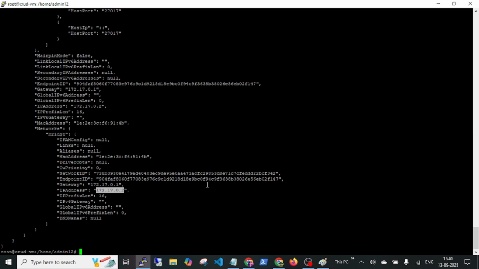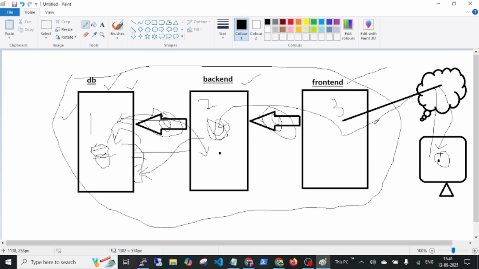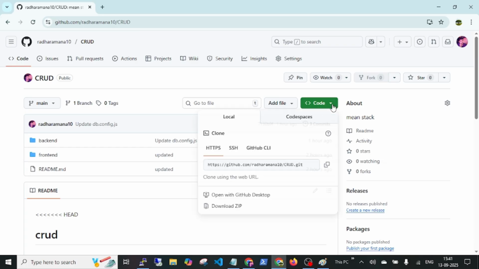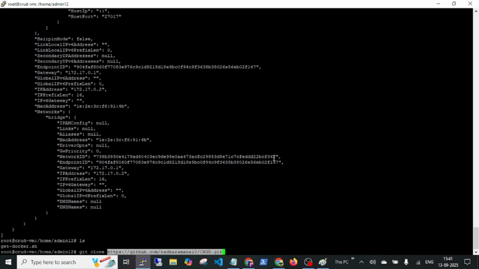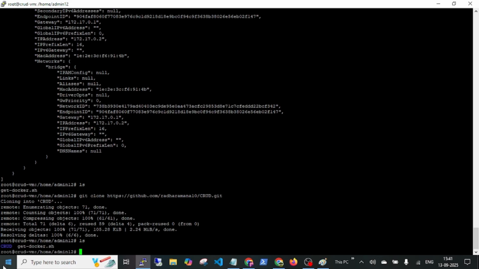So only docker is there, right? So now I'm cloning the code into my local. So code, select http link, git clone URL. Yes, I cloned the entire code into my machine. So now I got the CRUD application, right? So I'm moving into the CRUD, cd CRUD,